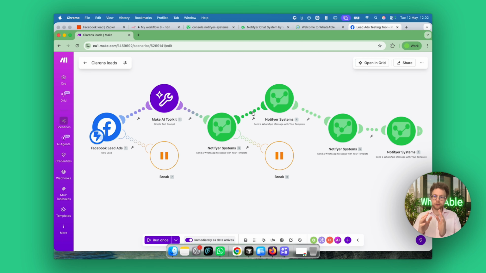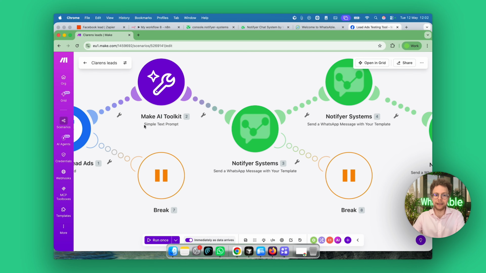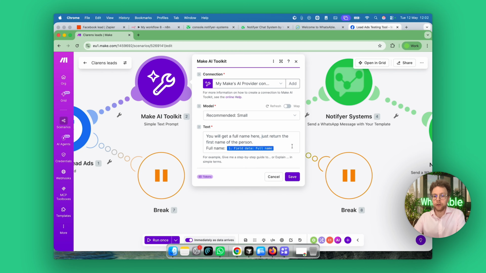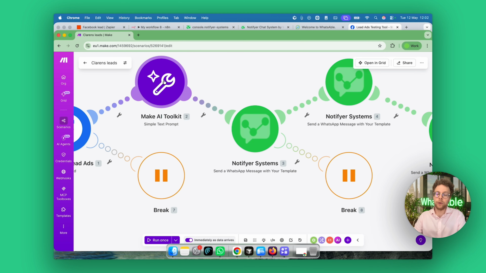The next step is you want to send a message to your leads in a very clean way. So what we're going to use is the Make AI toolkit and then select simple text prompt. All right, here's where we're going to manipulate data for different cases. So for example, in my case here, you get the lead's first name and last name together on Facebook. So I just write a prompt: you will get a full name here, just return the first name of the person. So if they return something like John Cage as the lead name, you just want to send a message that says, hi John, right? So this Make AI toolkit will just return John,